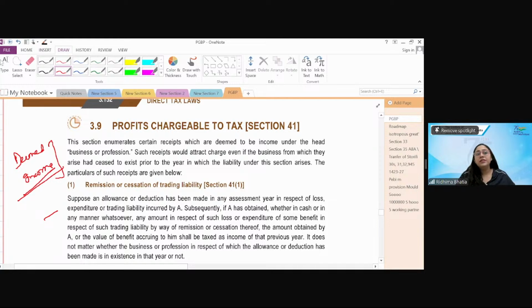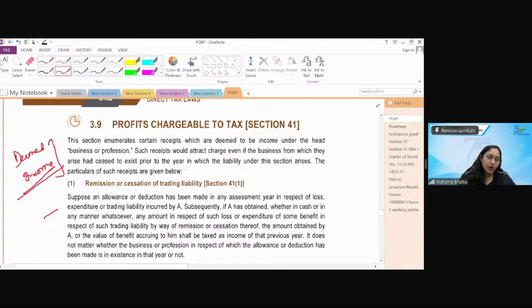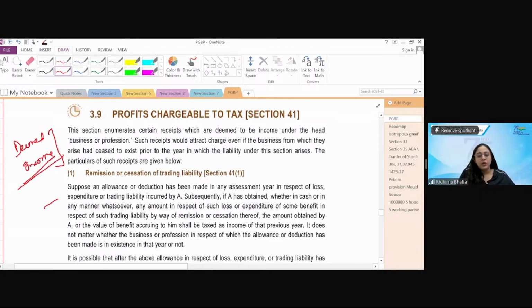Okay. Now, first section here is 41, subsection 1, remission or cessation of trading liability. Suppose I have claimed certain expenditure as deduction. Suppose electricity expense, or suppose I have claimed a purchase as deduction and I have written 1 lakh purchase to be given to a creditor. But with time, I did not pay it, or somehow the creditor missed it, I missed it, whatever. So the liability which was mine to pay, I did not pay it, right? In a way, this is a benefit. I have taken an expenditure deduction and now I do not have to pay it back. So that part, the deduction which was claimed earlier,